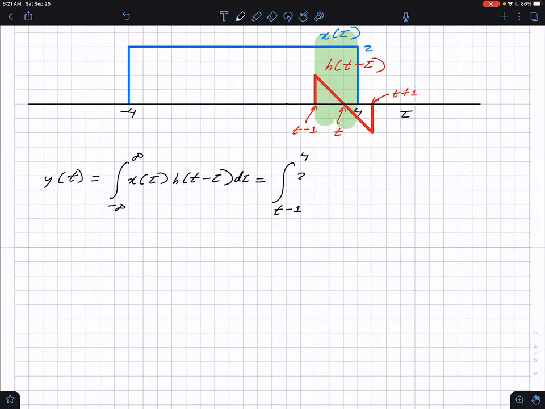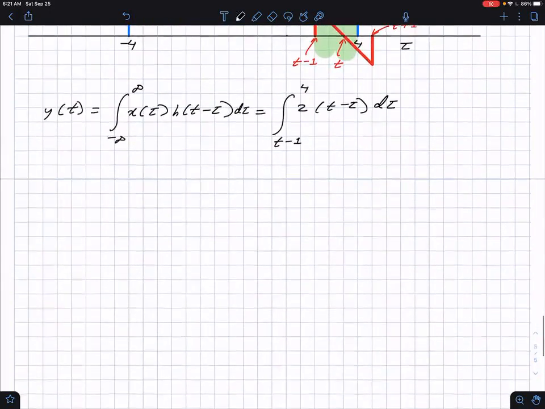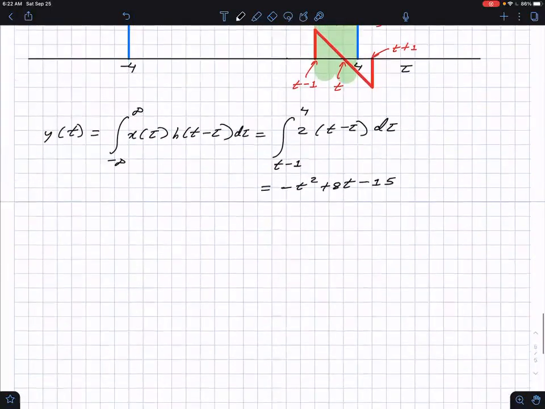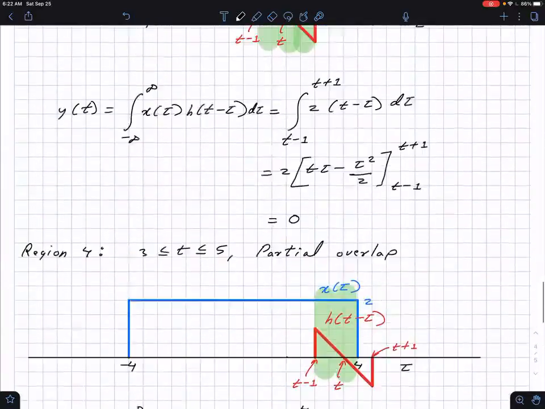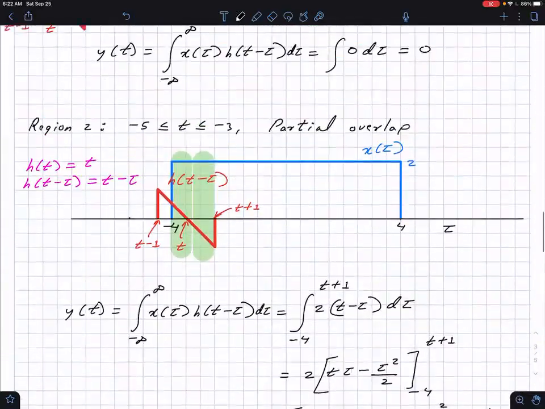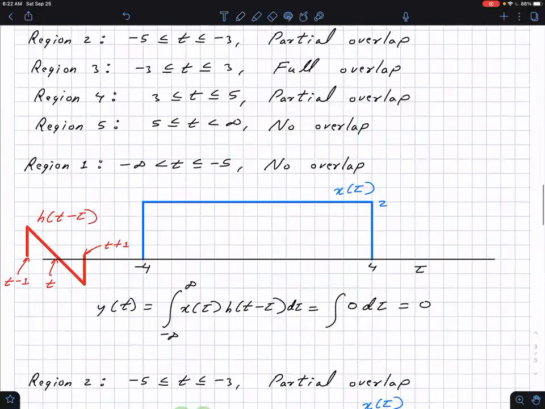X of tau is 2, h of t minus tau is t minus tau d tau. And again, we integrate with respect to tau. And this time, with some algebra, we should get negative t squared plus 8t minus 15. This is region 4. And the fifth one